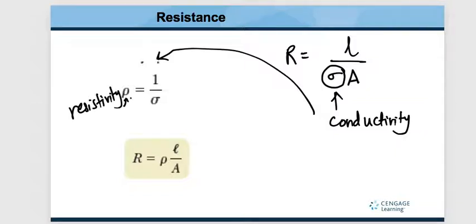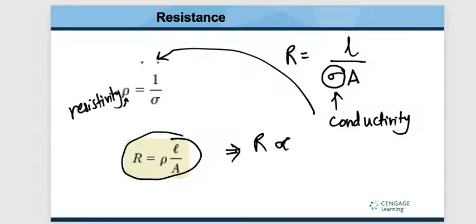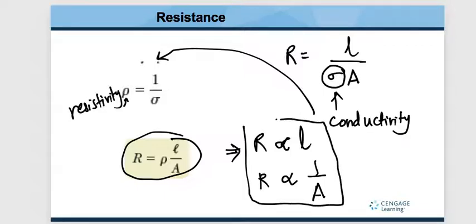This is resistivity, which is rho, which we know from before. So sigma we can convert to resistivity, and we can rewrite the formula as R is equal to rho L over A. So this gives you a clear idea how R, the resistance, is going to change. It is directly proportional to length, and it is inversely proportional to area of cross section. Remember, these two are quite important because they will be tested in different ways in multiple choice